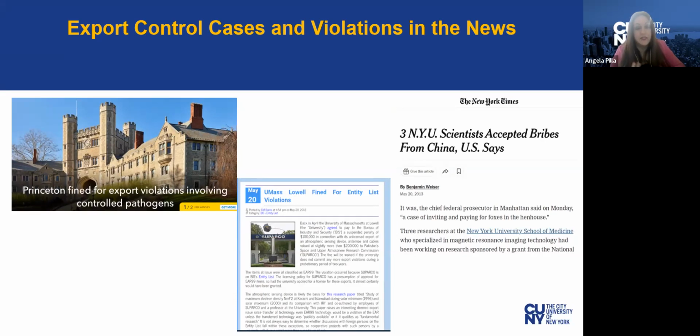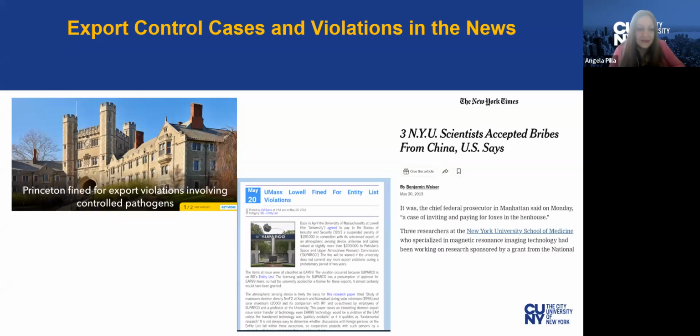with China. They were sending the information or the research they were working on, MRI technology. They were working on an NIH grant. They colluded with China. They sent the information to China. The people or the government in China gave them stipends, paid for their rent, all these great incentives, and then they were caught. So it's really, really important, if you take away nothing today, that the export control regulations are